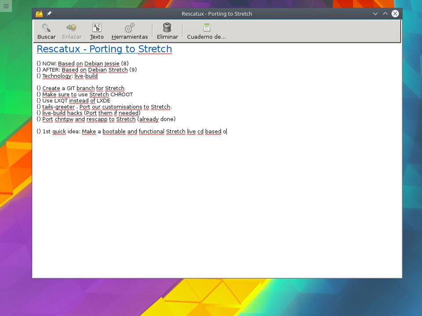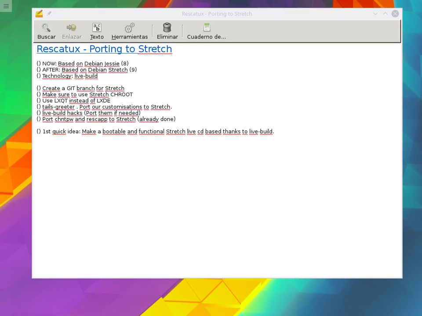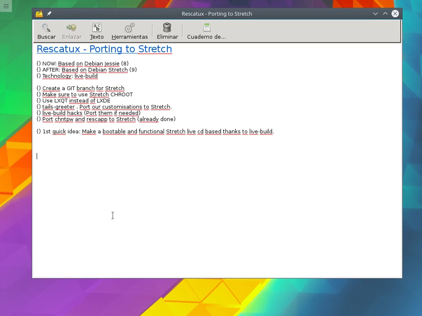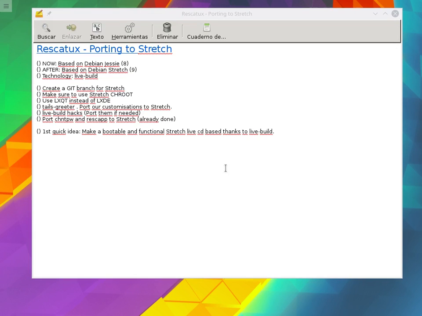Thanks to live build. Okay, so that's what we want to do. What I'm going to do first of all is show you how Rescatux looks nowadays. This is the last version which was used in